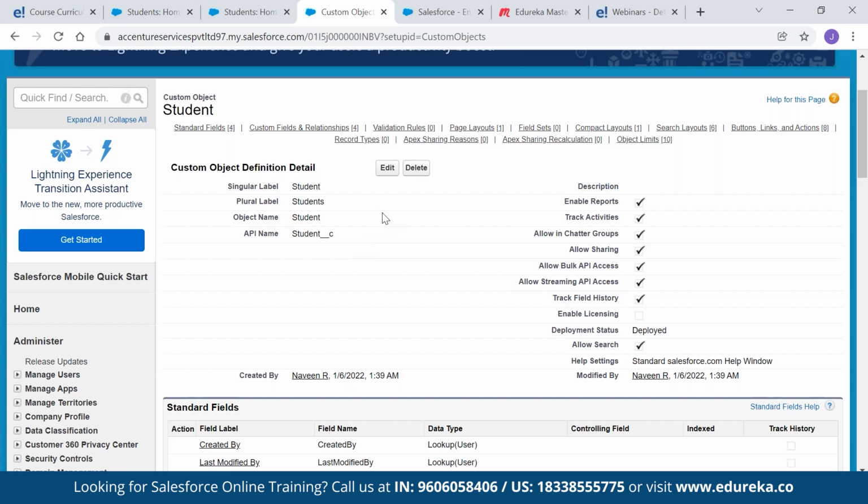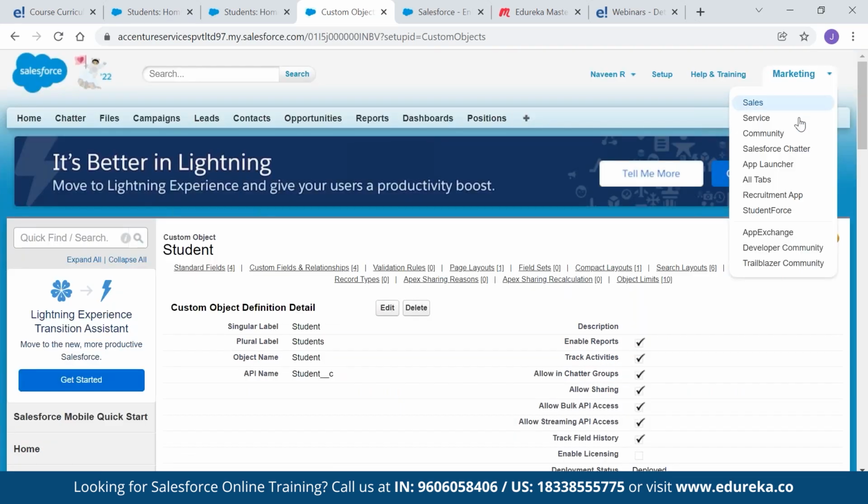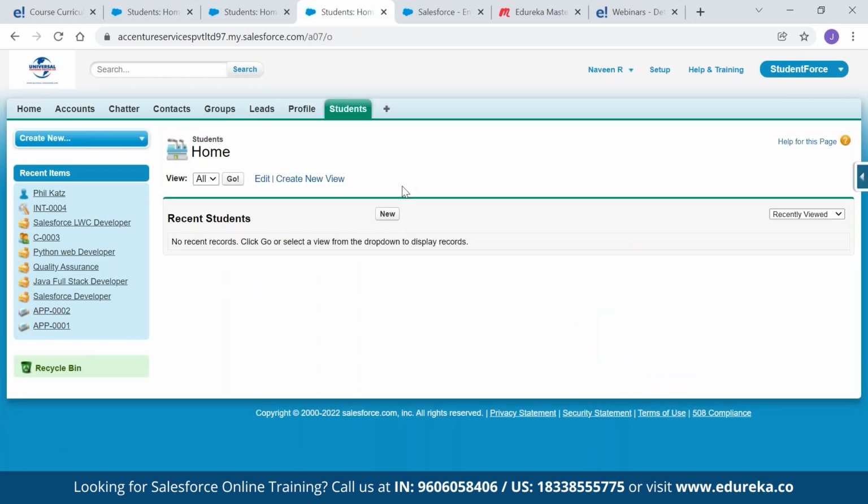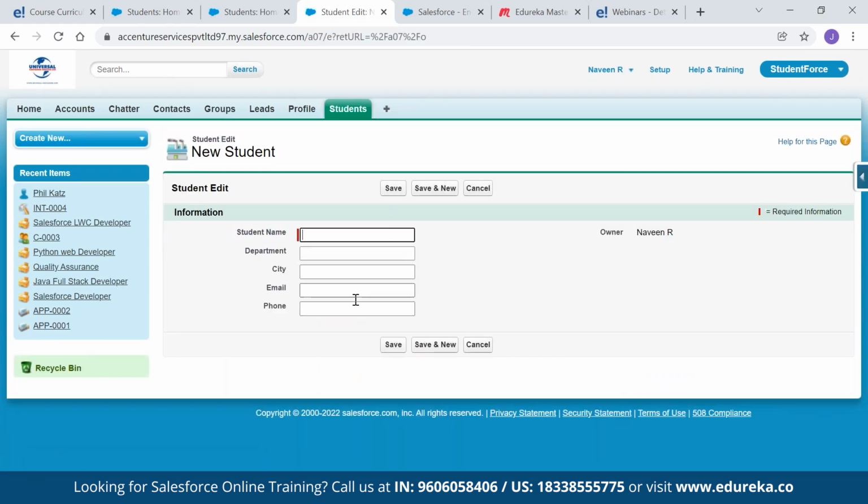Fine. Now let me switch to the student workforce and you can see the students. Let me click on new. Are you able to see these fields? Let me add the name of one person, Varun Gopal. I provide the department, let us say medicine.